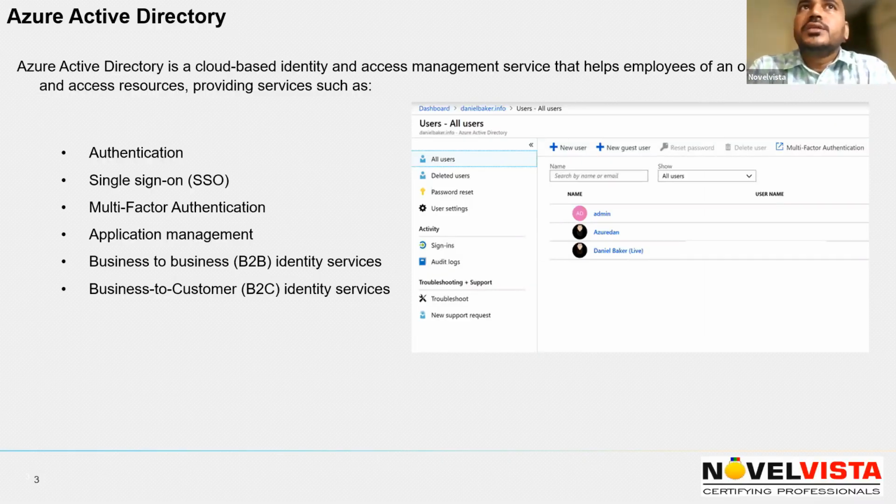So Azure Active Directory is a cloud-based identity and access management service that helps employees of an organization sign in and access resources, providing services such as, so these are the services that Active Directory provides. It provides authentication, single sign-on, multi-factor authentication, application management, business to business and business to customer,